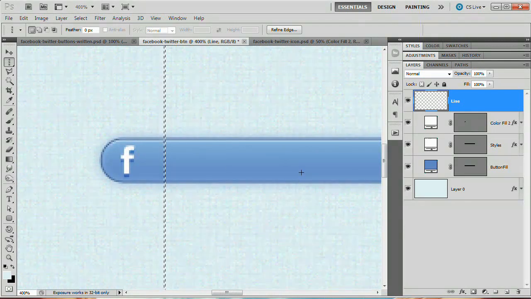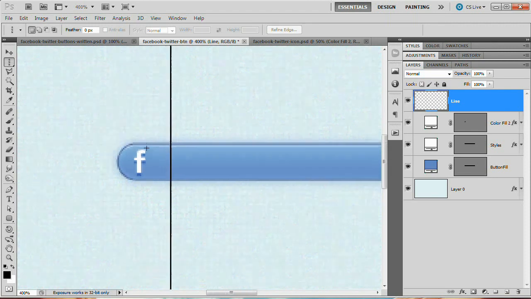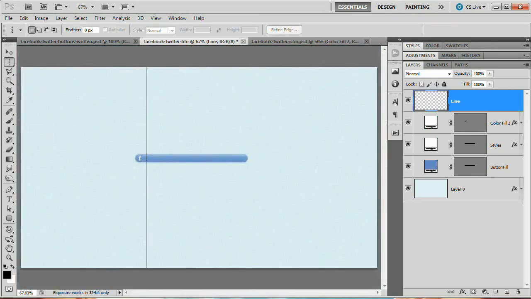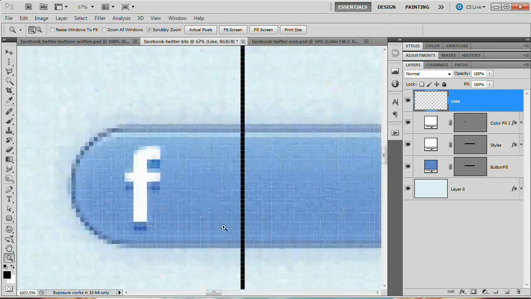What I'm going to do now is fill this with the color black. So I'm going to hit the letter D to set my foreground and background colors to default, and black is the default foreground color. Alt Backspace, Option Delete, and then Command or Control D to deselect. We now have this black line you can see running from the top of our Photoshop document to the bottom. I'm going to zoom back in here,